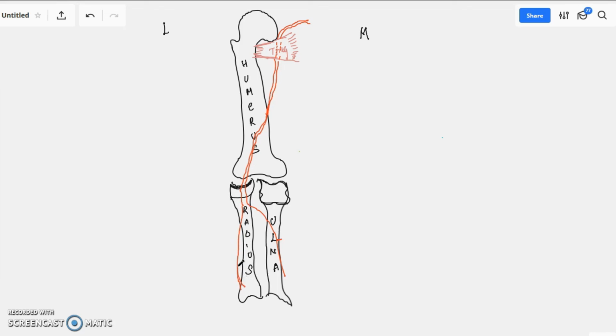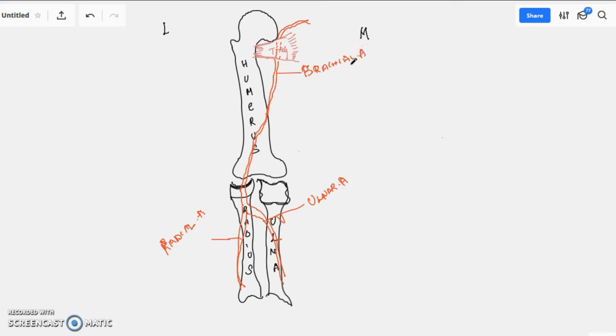And those branches are again named after the bones present. One will be called the medial artery, that is, the ulnar artery. So the artery which is present medially we will call the ulnar artery. In the same way, we have another artery which is present laterally, and that artery will be called the radial artery. So these are the two branches of the brachial artery. On the whole, this is called the brachial artery.